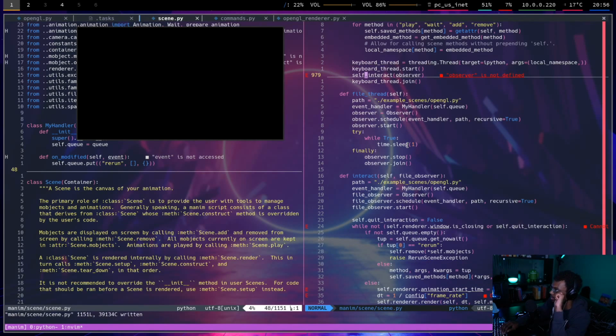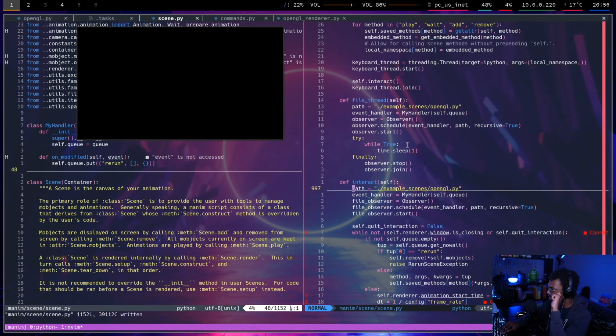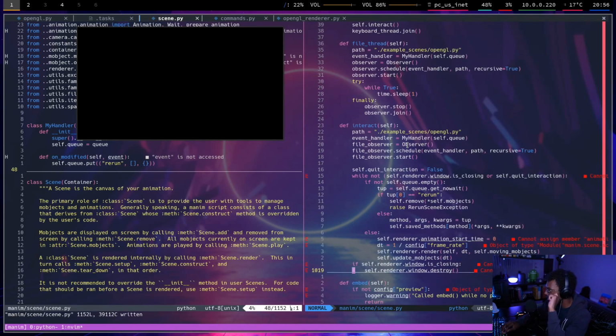So now what's happening? There is a kill API in POSIX, but it's super dangerous. My understanding of threads is that there isn't a way to just tell it to die. You can't just kill it like that. You have to wait for it to die on its own. So at this point, I started the keyboard thread. I run the renderer thread. The renderer thread will spawn the file thread. And upon getting the rerun command, I can